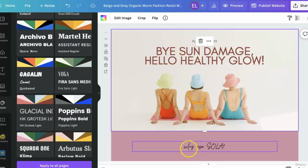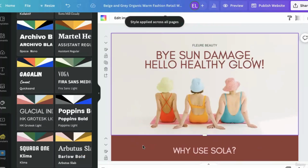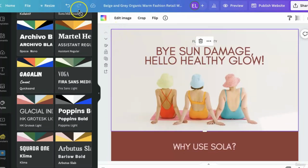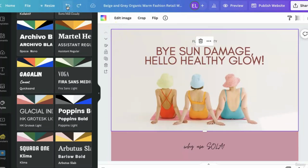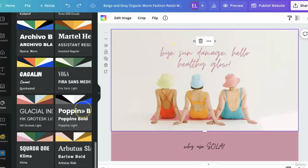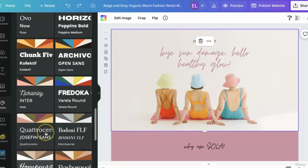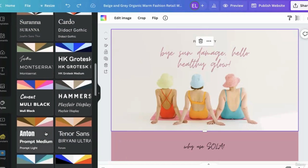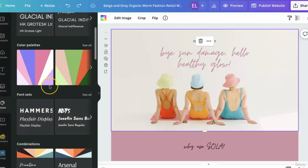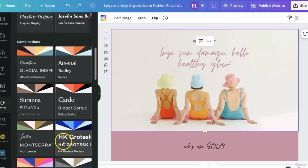Watch, this will change if we apply to all. Okay, see, this all changed. And then if you ever think, ooh, that was a bad idea, you can always undo. And then I'll undo again, and we're back to this script font. So that is a cool way to quickly make changes and see what it would look like across the whole template. If something's close but not exactly what you want, you can always go through, use one of these, and